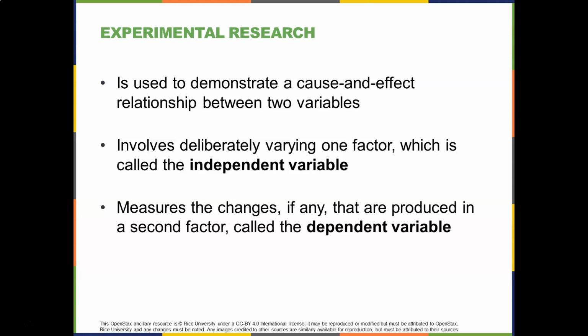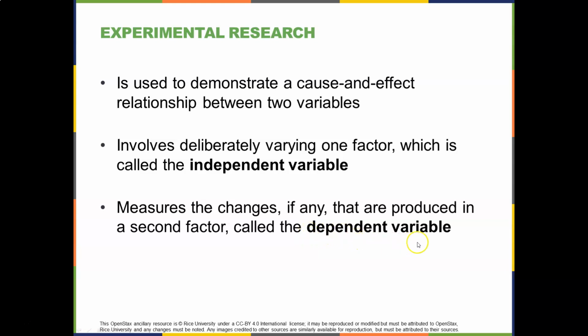So it definitely involves deliberately varying one factor, which is called the independent variable. That is the variable that's purposefully, consciously manipulated in order to see if something changes with the other variable,